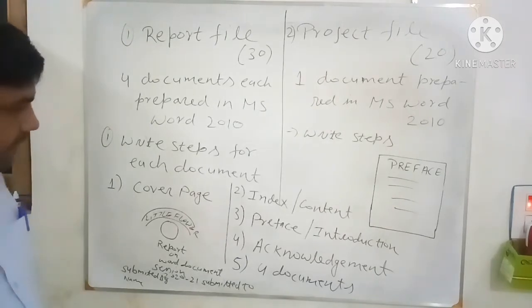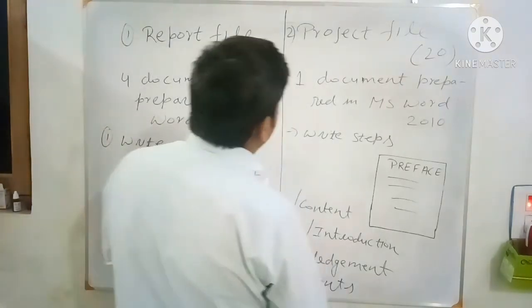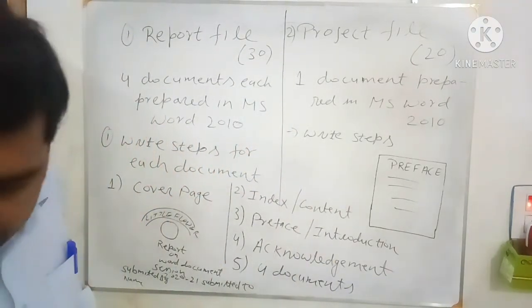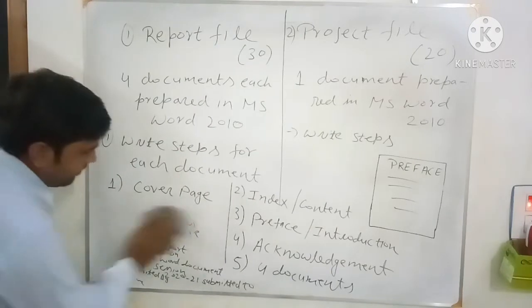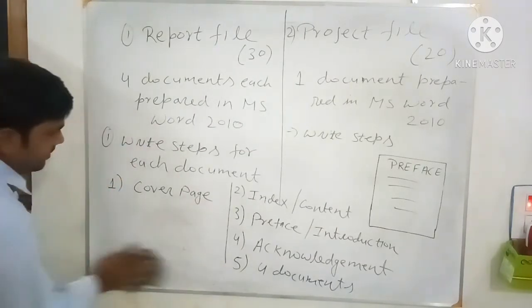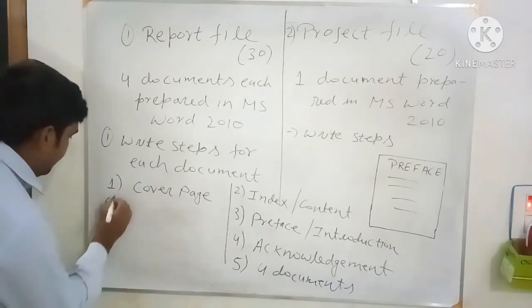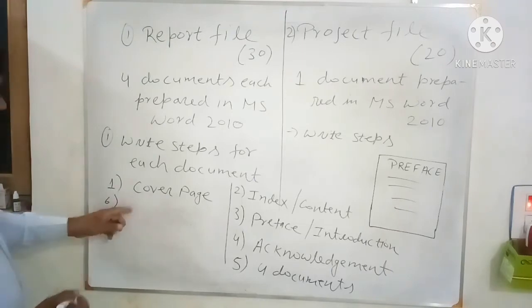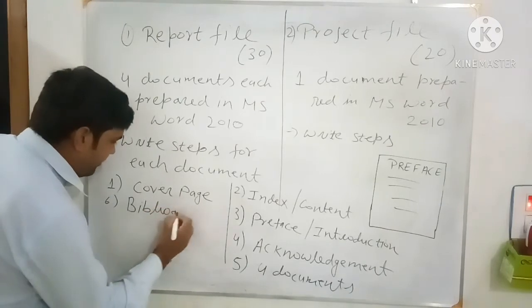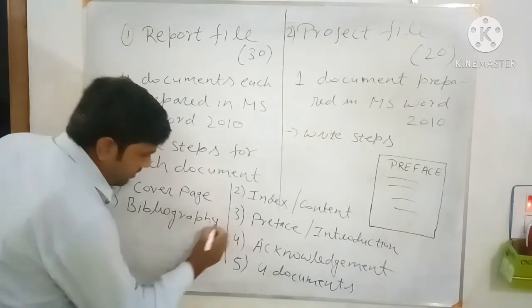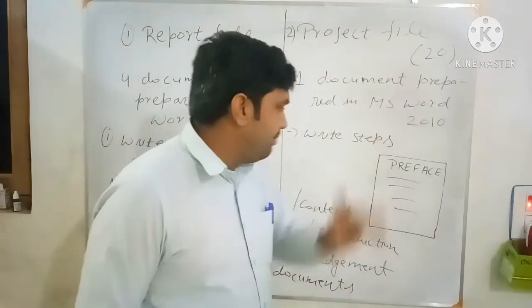So give me the space, where is the space here. So I'm going to write here... just a minute. Yes, on this place I am writing. So after this cover page, after the 5th, on the 6th one, you write the bibliography. You give the heading bibliography at the center in a separate page, one page.